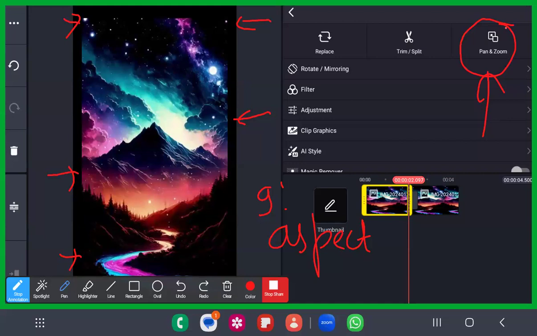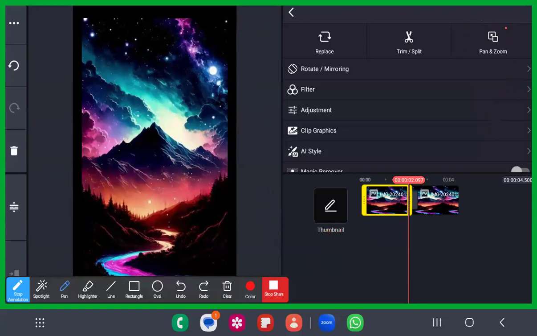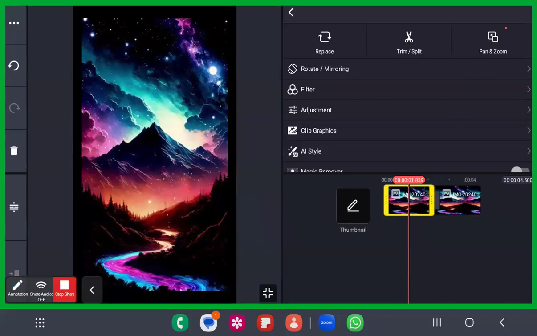So for this aspect ratio, dear sisters and brothers, why is it not matching the screen? Because the image that we have taken has a smaller aspect ratio than that, and also the fill option was not given in the advanced settings before the creation of the project. So for now, to make this look like a video, we are going to do some edits. We are going to start off with the third option, known as the pan and zoom option. This is a very great option that you can use. This option is very important, dear sisters and brothers.